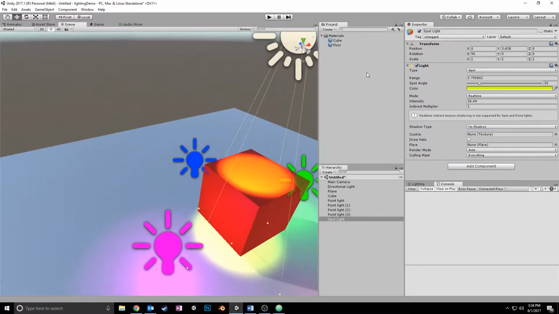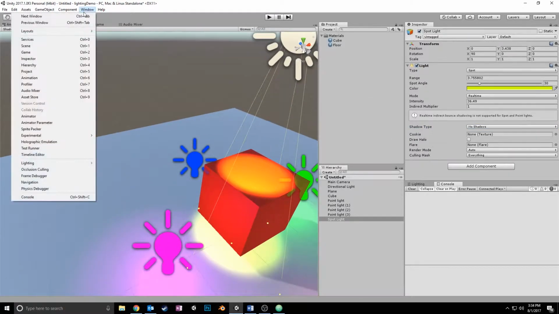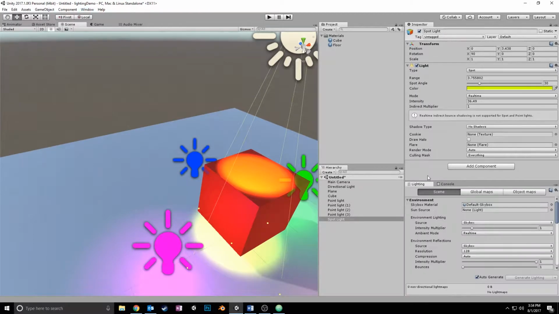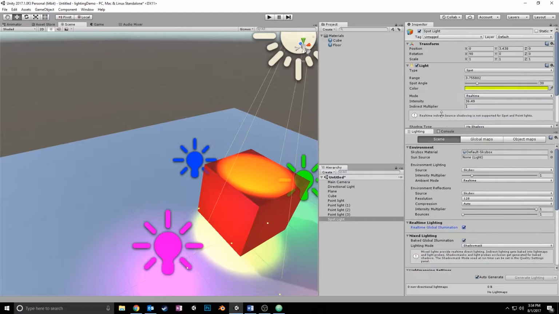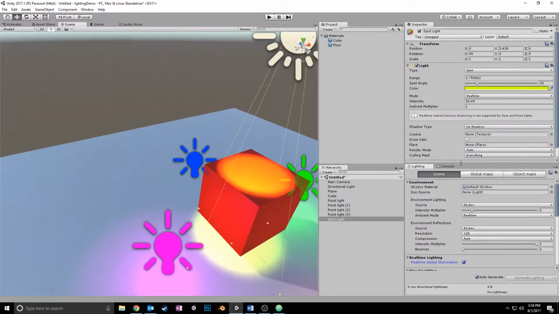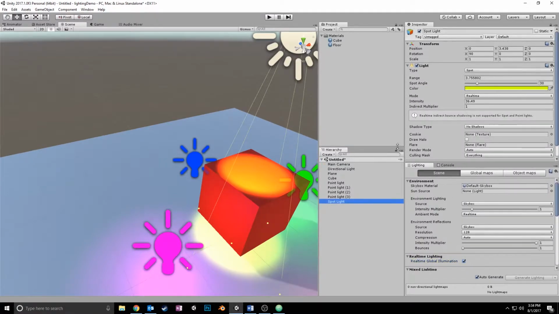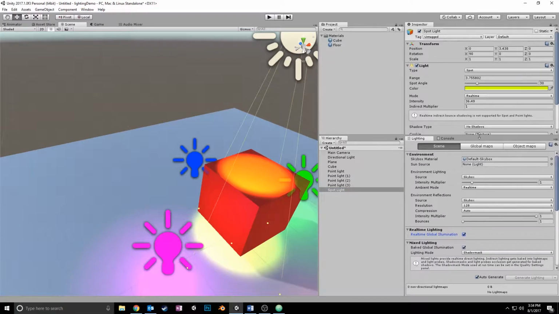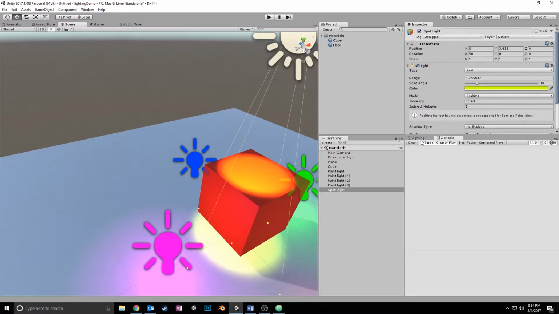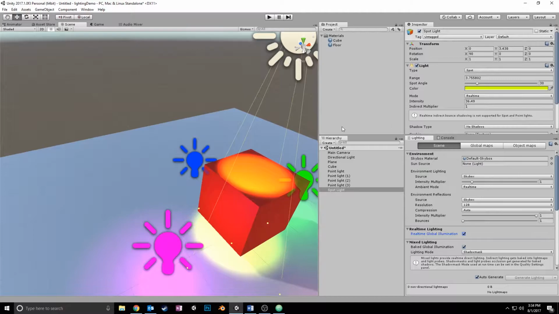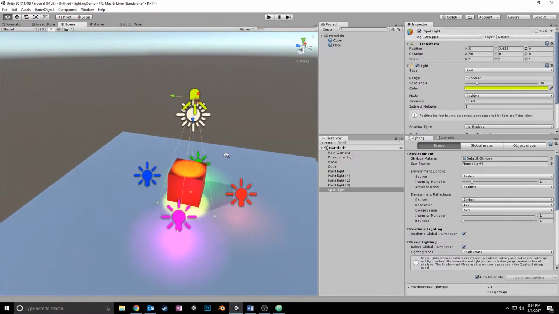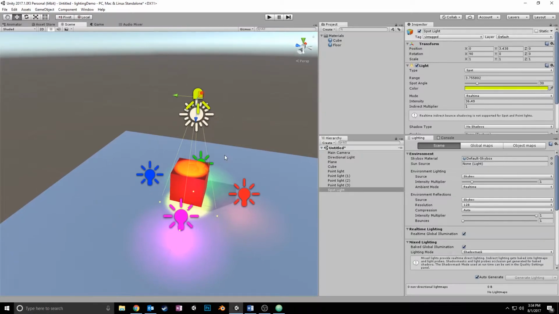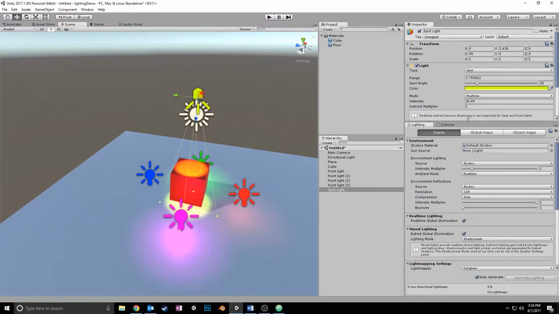Okay, so if I open the lighting tab, I go to Window, Lighting, and then Settings, okay? We get this lighting tab, and I like to have the lighting tab, at least when I'm working on lighting, below my inspector. While I'm lighting things, I'm not really using the console too much, so I'll put it in there, but you use the hierarchy certainly a lot while you're lighting. And the lighting tab gives you a lot of different settings that you